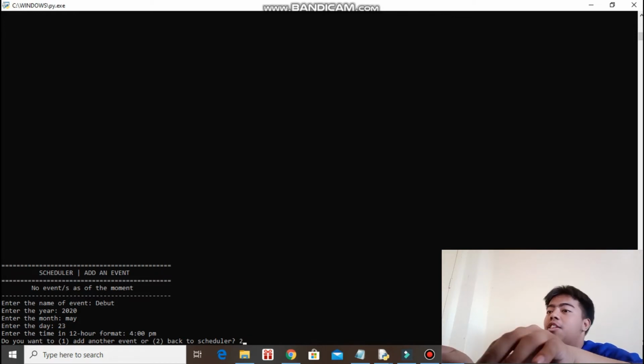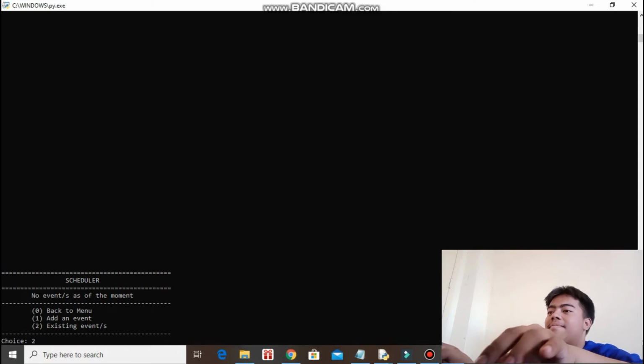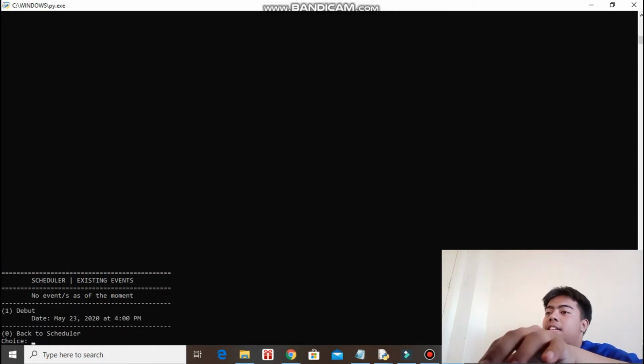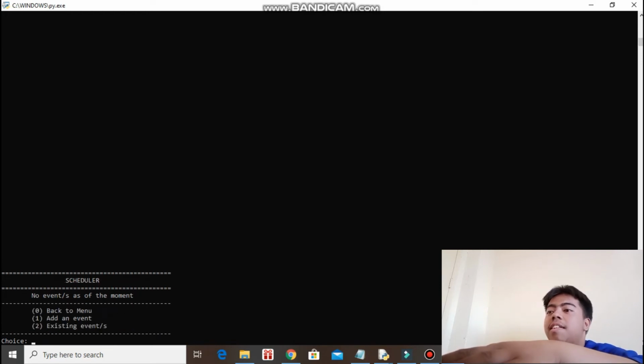To check it, just go to the existing events. It continues to display no event as of the moment since the date of the computer does not match the input date yet. Once it matches, it technically displays it. The scheduler is applied with a tuple data structure, and it uses the count and index methods to evaluate the input